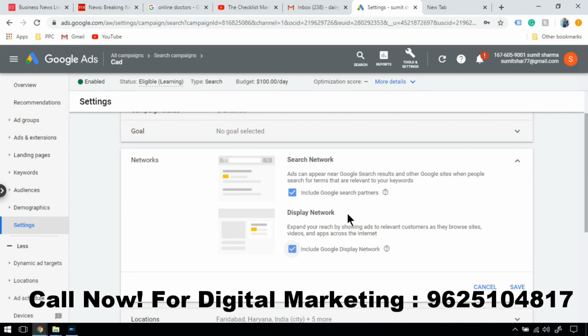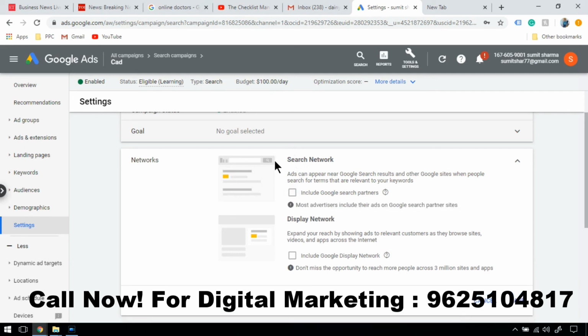Otherwise, if your client has a limited budget and limited reach, you can opt out of the display network, and he will be getting relevant traffic and relevant reach in the search network and in the Google search partners. Even if they want to specifically exclude Google search partners as well, so that their reach remains specific to the Google search network only, you can opt out of this one as well, and he will get strictly relevant traffic on his website.